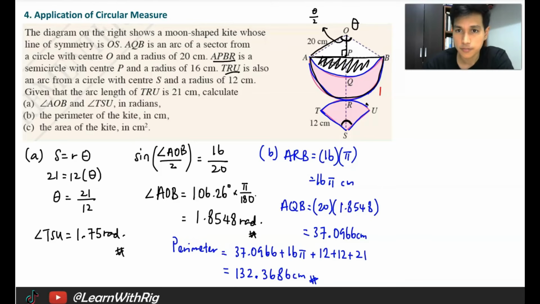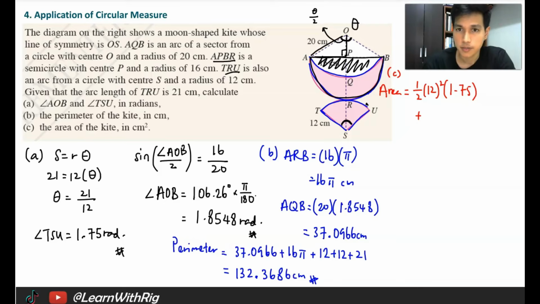So area, question C, area is equals to, let's find this first, this one. So it's very straightforward. 1 over 2 r square. What is r? 12 square. Theta is, where is theta? Okay, here, 1.75